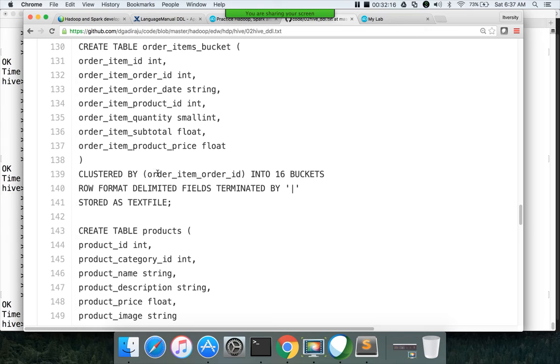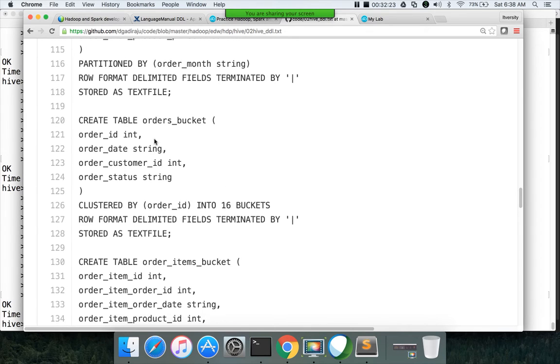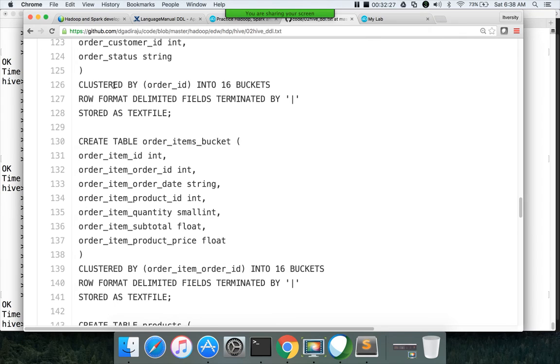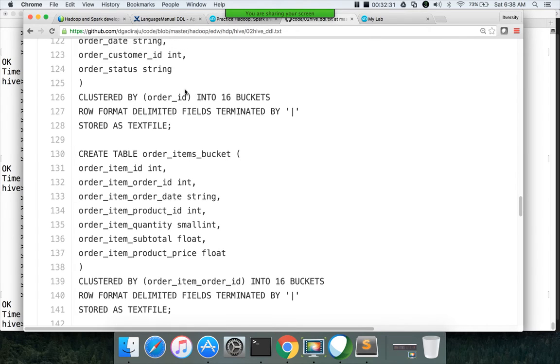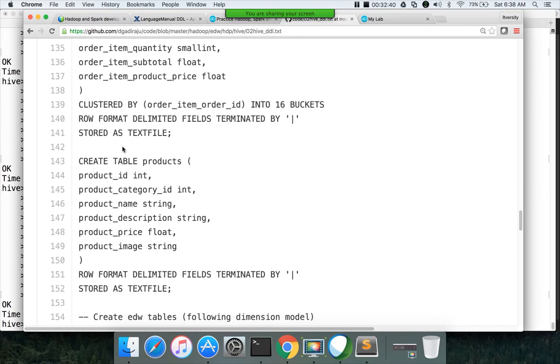Whereas in partitioned by, the column defined in the partitioned by clause should not be there as part of the column list. In the case of bucketing, you have to use the clustered by into N buckets logic, and the column has to be present in the column list above where all the rest of the columns are defined. And then products.